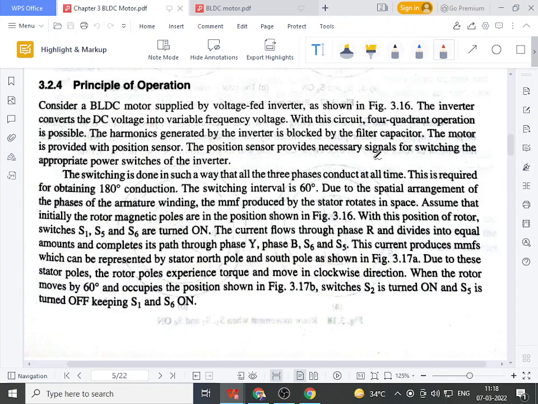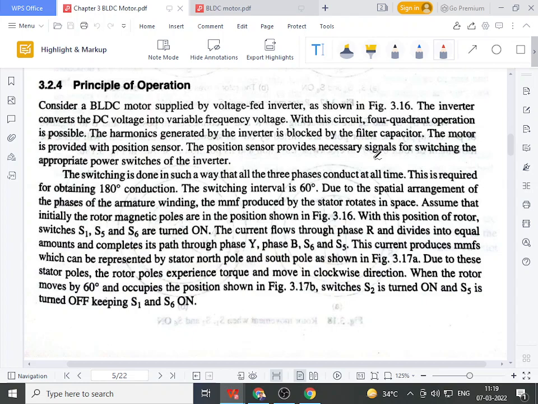If you recall the working of an induction motor, then in that working principle itself, the first statement is: if we excite a three-phase winding, or three-phase armature winding, or three-phase stator winding of an induction motor, which is 120 degree space displaced, by a three-phase supply which is 120 degree time displaced. I think at this moment you are familiar with the meaning of 120 degree space displacement and 120 degree time displacement. Okay. So the BLDC motor has an armature winding which is similar to that of the synchronous machine, as well as the three-phase asynchronous machine, that is induction and synchronous machine, which is distributed in space by an angle of 120 degrees.